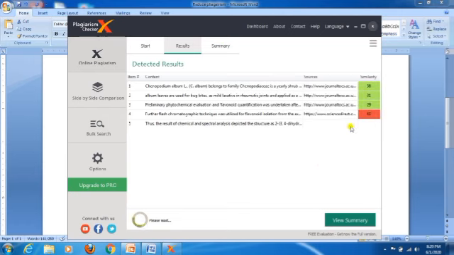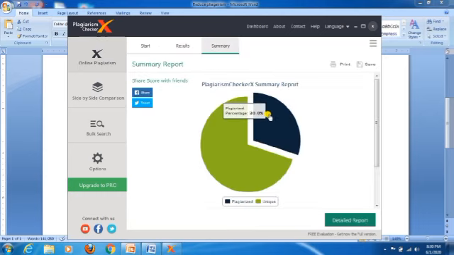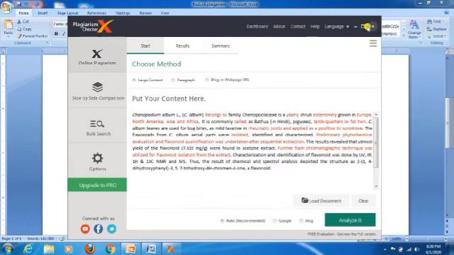Now you can see the result. It is 38, 31, 29 and 41. Out of 100%, we have considerably reduced the plagiarism content. Let's go to the result. Now it is only 30% plagiarized. Earlier it was 100% plagiarized. Now it is 70% unique simply by providing the synonym and changing the order of the words.